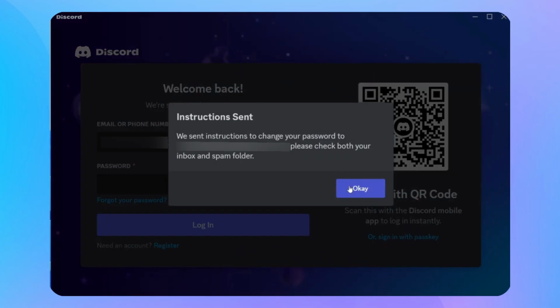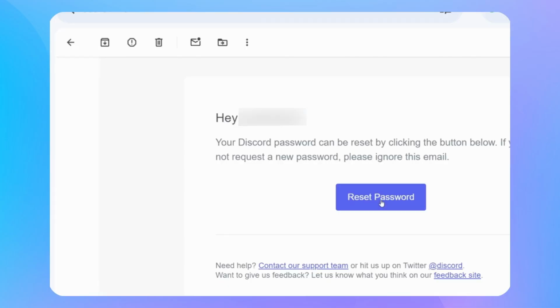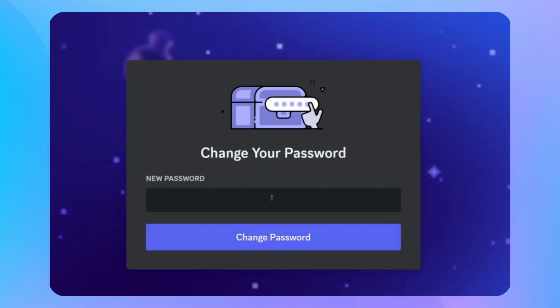Open your email inbox and look for a message from Discord. It may take a moment to arrive, so be sure to also check your spam or junk folder if you don't see it right away. Inside the email, you'll find a button or link that says Reset Password. Tap on that link, and it will open a secure page where you can create a new password for your